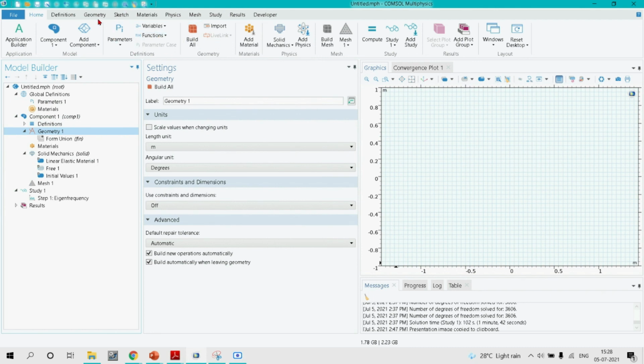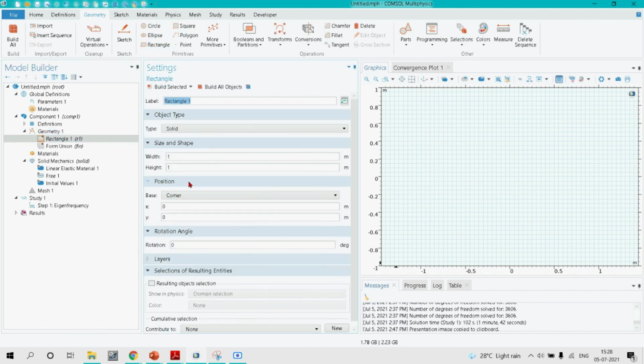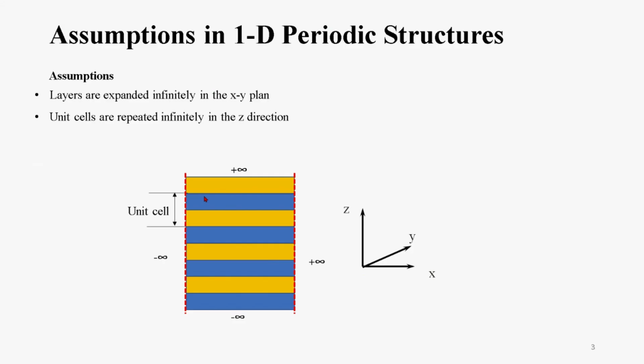Basically, we can see that we have a rectangular geometry here. So go to geometry, select rectangular geometry, and here the width of our rectangle would not matter, because we will be applying continuity boundary conditions on this interface, because 1D periodic structures come with an assumption that they will be extending infinitely in the xy plane.